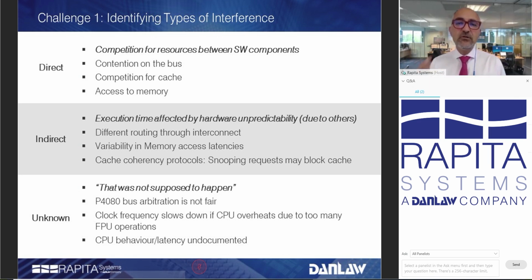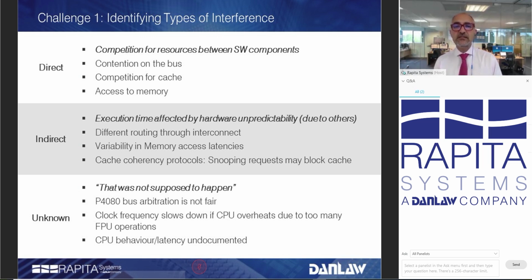The safety mechanism to lower the clock frequency kicks in, and therefore that slows down the whole system. And again, this is something that was not supposed to happen because the heat dissipation was supposed to be the right one. So like this, depending on the level of safety and the level of criticality you want to understand, it could be that